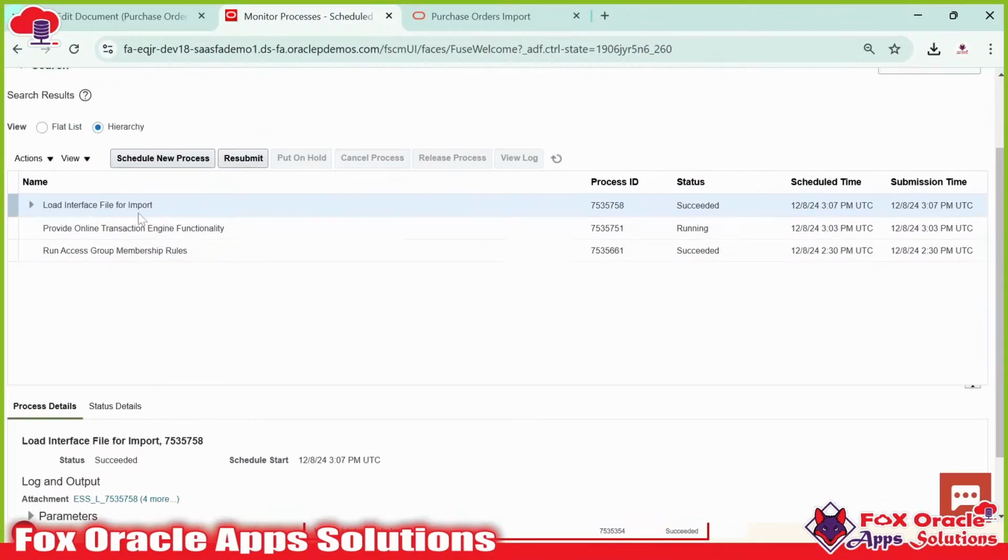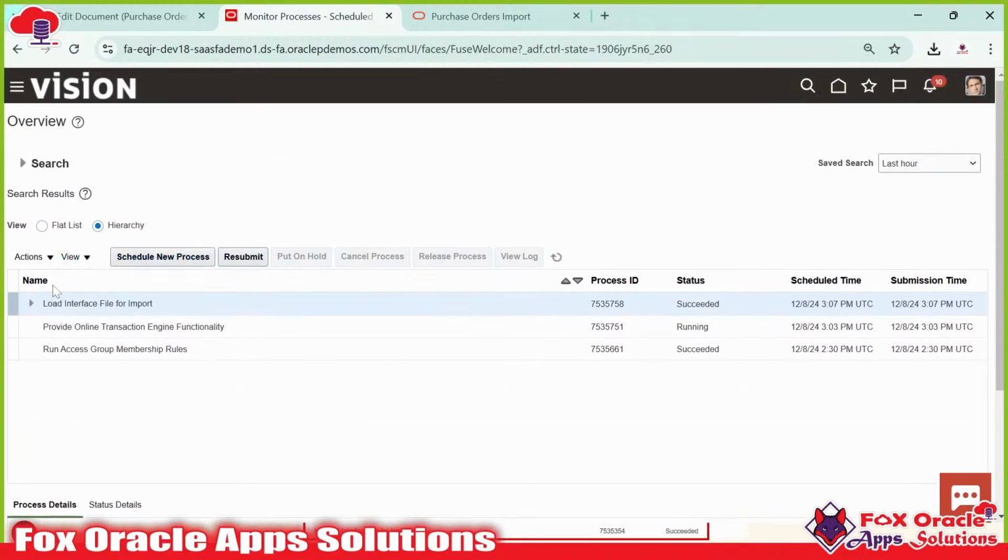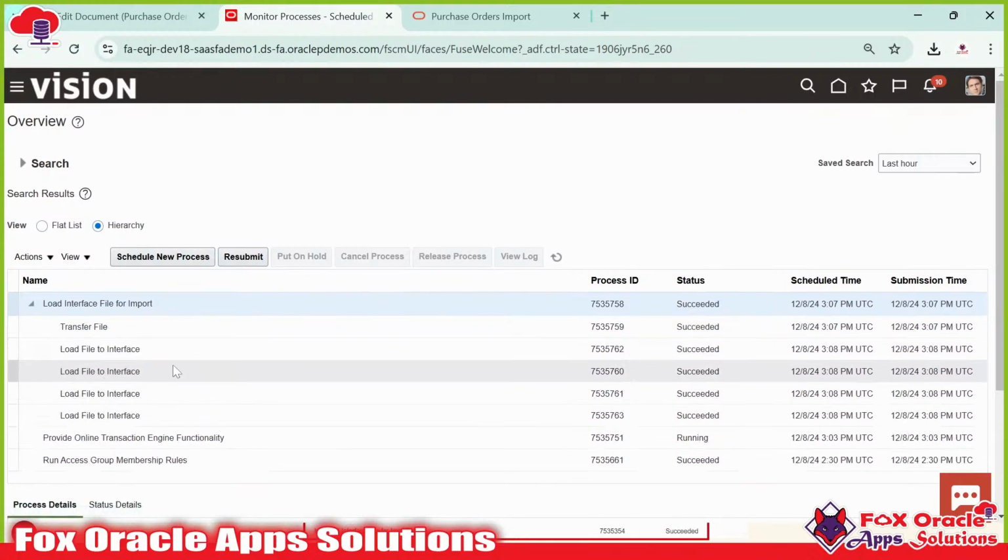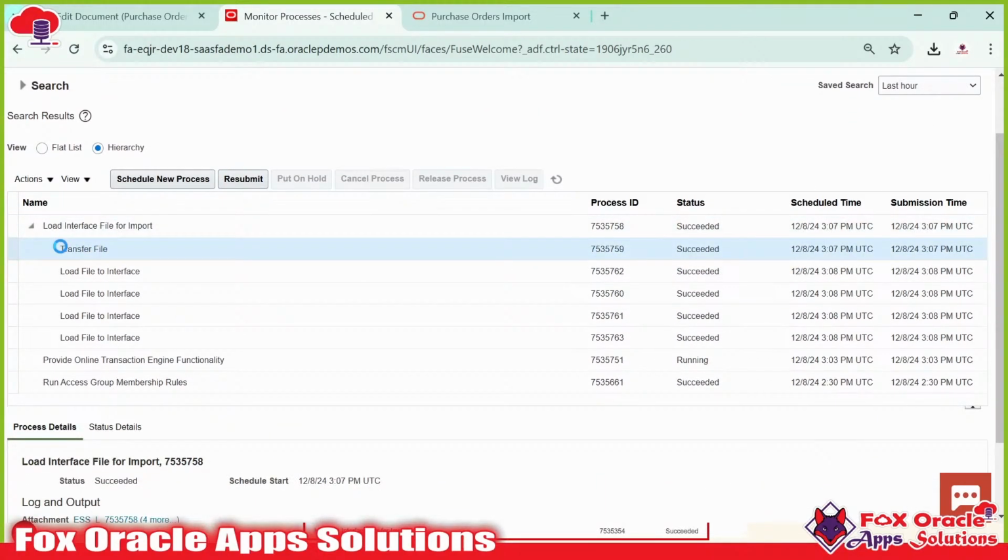So this load interface file for import program, behind that it's executing different programs, shell script, PL code and all. So it's not following any sequence, but yes, the first it will execute the transfer file. I told you, this transfer file is responsible for unzipping the file. So obviously before unzipping, it will pick the file from the UCM account, it will unzip the file, and whatever CSV file is there, it will first put the CSV file to a specific location. That location is related to the control file,